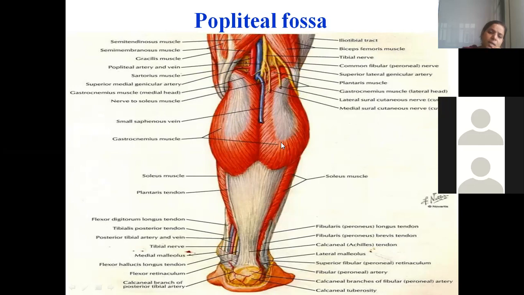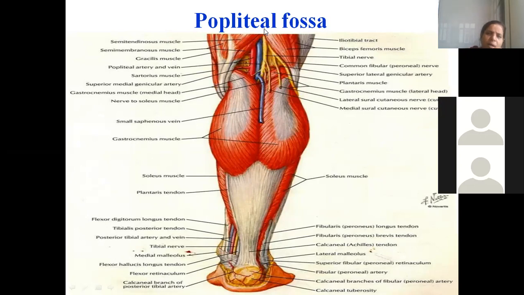Then these are the gastrocnemius muscles. This becomes the medial head of gastrocnemius, this becomes the lateral head of gastrocnemius. Below gastrocnemius you have soleus and plantaris. All these together form the Achilles tendon or calcaneal tendon, isn't it? If you remember, I told you it gets inserted in the calcaneal tuberosity. So when you see here, this is actually a diamond shaped fossa found behind the knee joint,